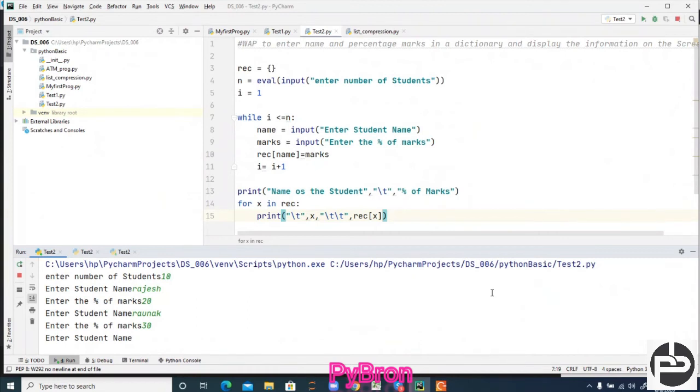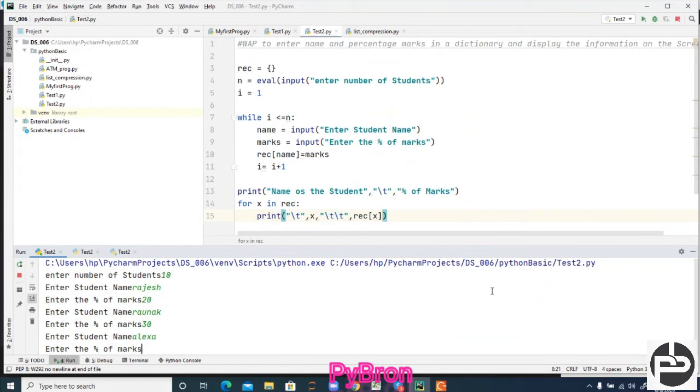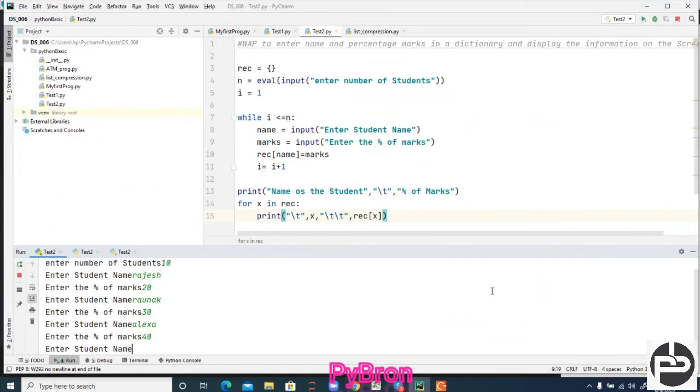This time I am passing Alexa, and here I am passing 40. Fifth time, name Piku, and here I'm passing 50. This time again I'm passing Rohini, and percentage again 50.